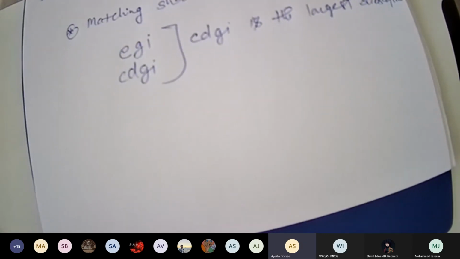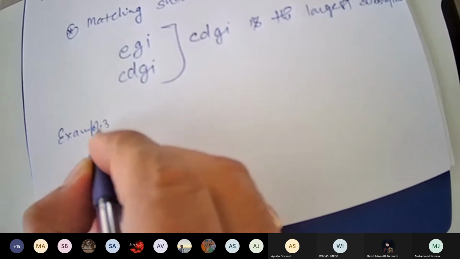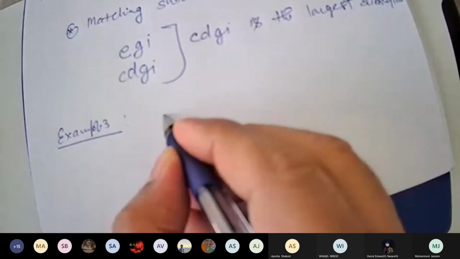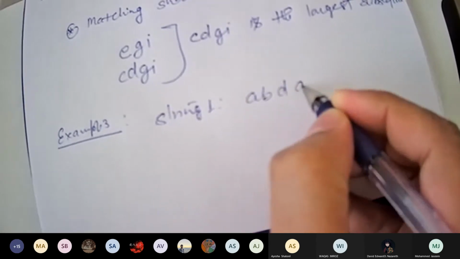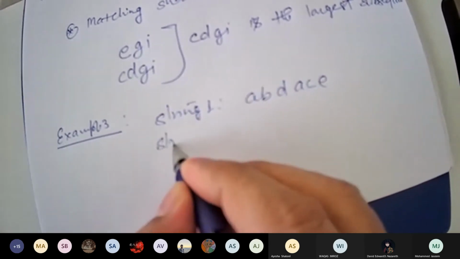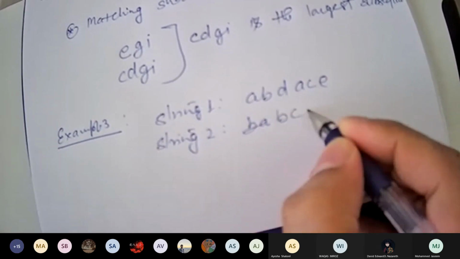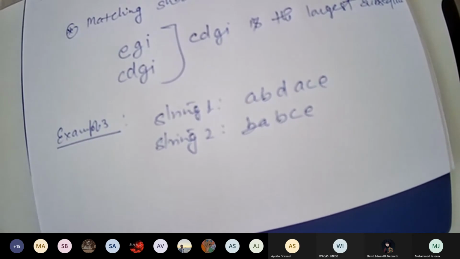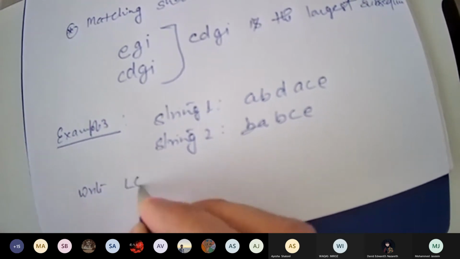Okay. So I am just giving one more question. Can you tell me what is the length of longest common subsequence and which all are there? Suppose that your string 1 is A, B, D, A, C, E. And string 2 is B, A, B, C, E. Right?